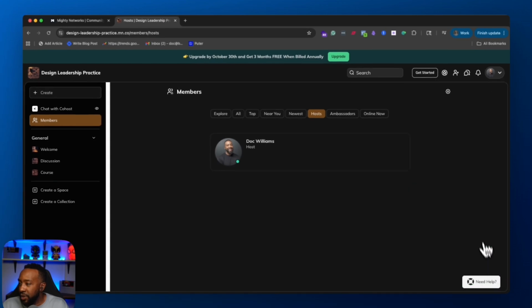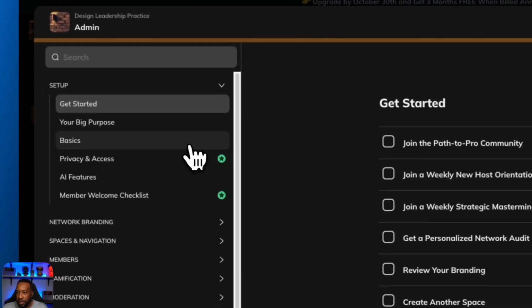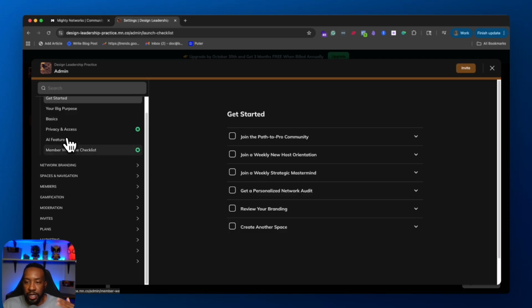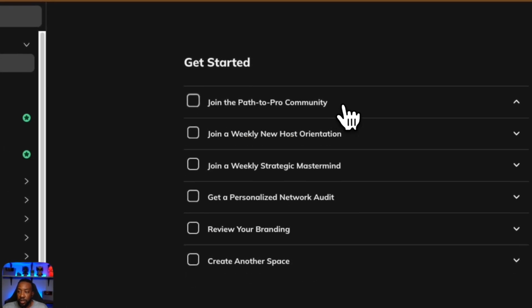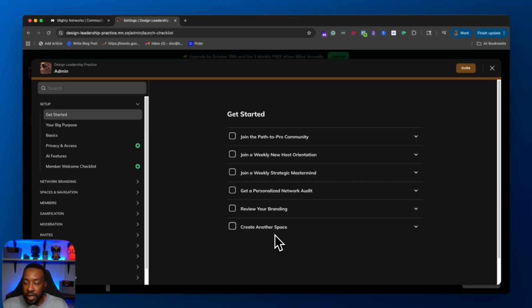And then here, this is what's really important. We can click this and we see everything about our account in the first section. But then we can look at the admin section. So if we click admin, this allows us to break down what we want to do for our entire community. If you're just getting started, it's really good to go through the getting started section here, where you can connect with others in a community to learn the best tips and tricks, but it also allows you to be more familiar with Mighty as a platform as well.